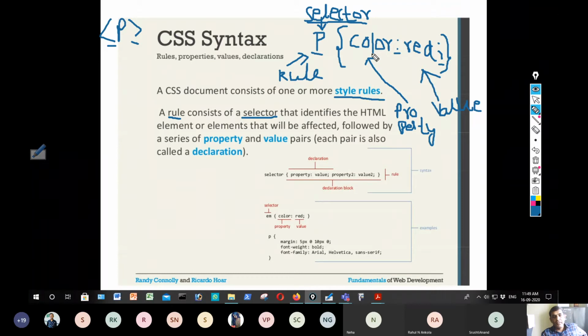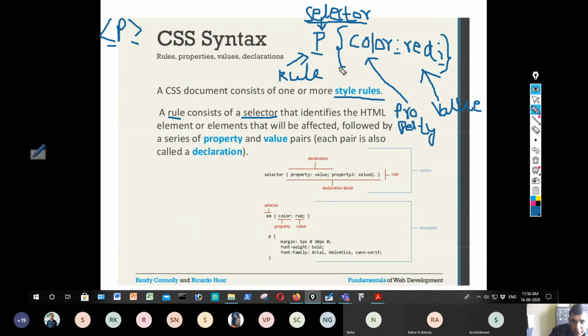For paragraph I have given color red; I can also add font size colon 20. That means for the paragraph element we are giving the color red and the font size 20. Two property value pairs are separated by a semicolon, and if there is only one, you end it with a semicolon.